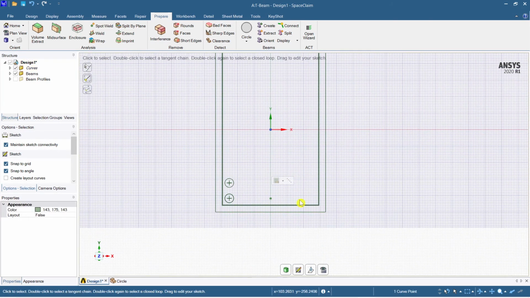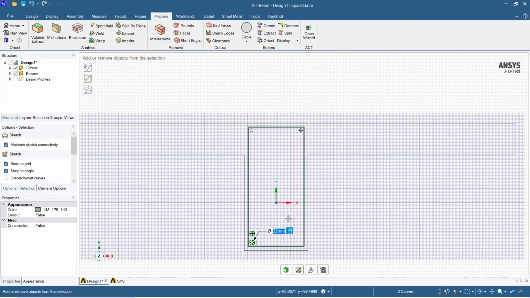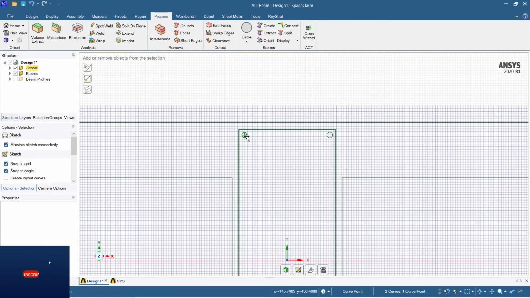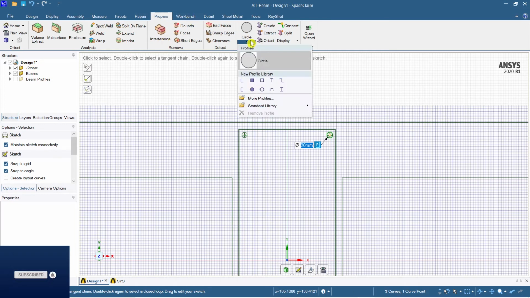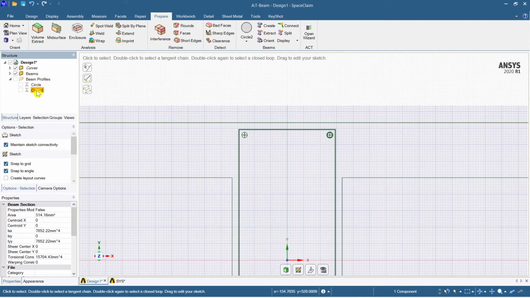So let's remove this. Okay, now here also the same thing. All the circles again, prepare circles again, same thing. This is circle 2.